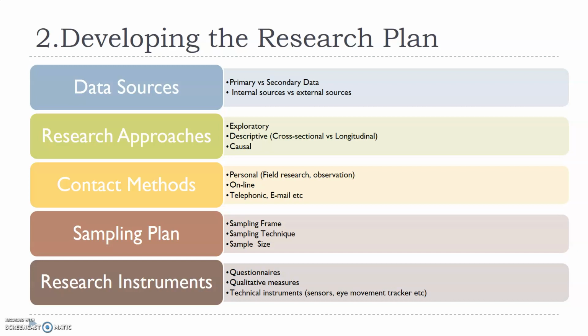Then descriptive is basically based upon data which we will collect and conduct some statistical analysis on, and we will be able to describe why it is happening, so why, how. Those kinds of answers we will be getting through descriptive research. Causal is basically when we set up a certain kind of experiment and see the result. So cause and effect results we can measure and give some answers.